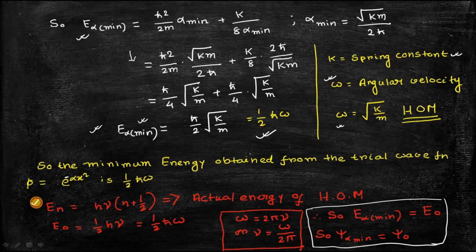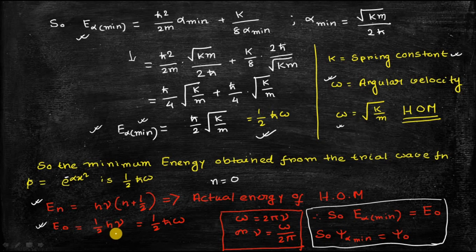So this is the energy associated with the nth level for any harmonic oscillator model, where n is the vibrational quantum number and nu is the frequency of the vibration. For the ground state wave function, to determine the exact ground state energy, you simply put n equal to 0. So E0, the energy associated with the ground state for this harmonic oscillator model system, is equal to